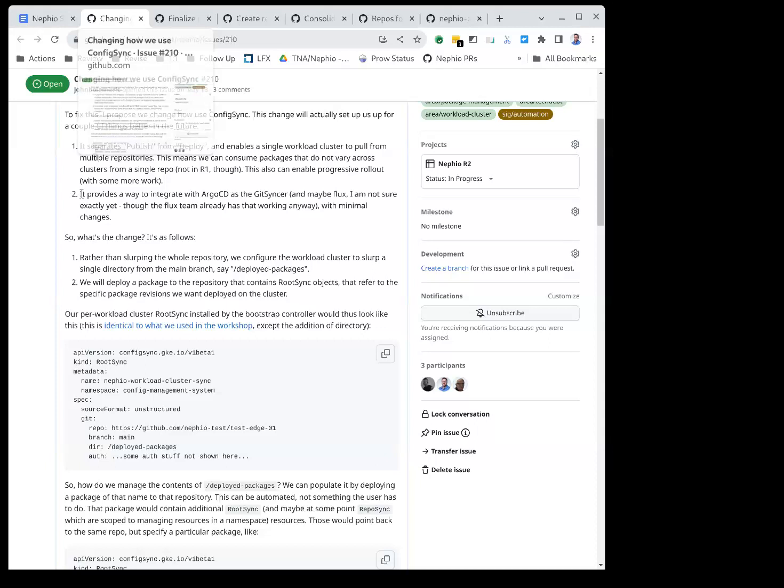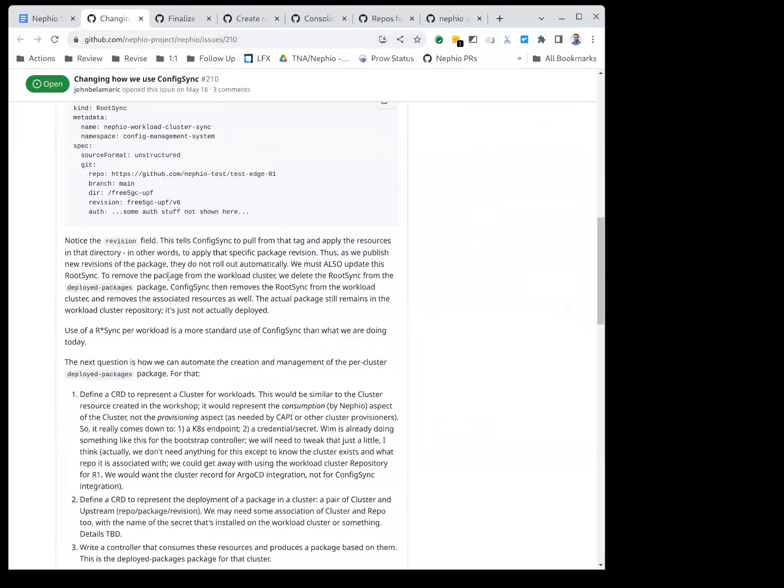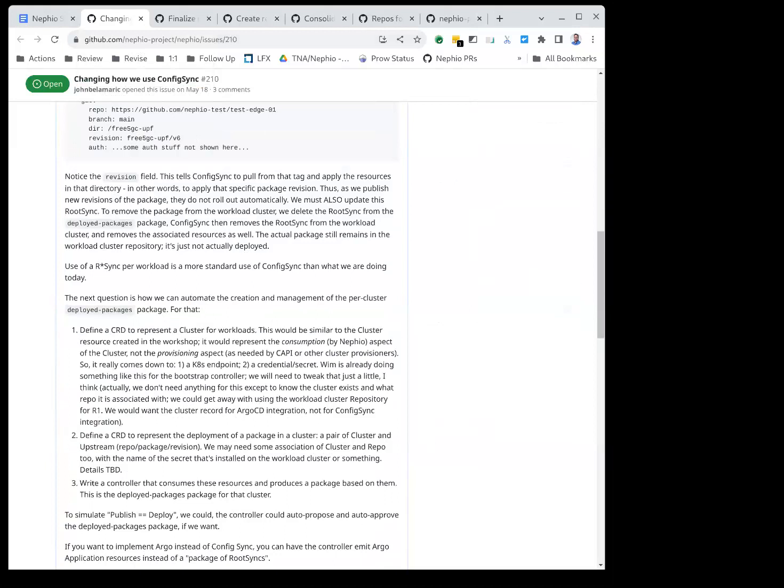I do think Porch should be as flexible as possible, to give the opportunity to create various things, because we're using config sync now, but we're expecting maybe other systems to be used as well, for example Flux. Flux has its own way of doing GitOps, right? So if Porch could be as flexible as possible here, then the opportunity for integration with other solutions will be better. So not just config sync, right?